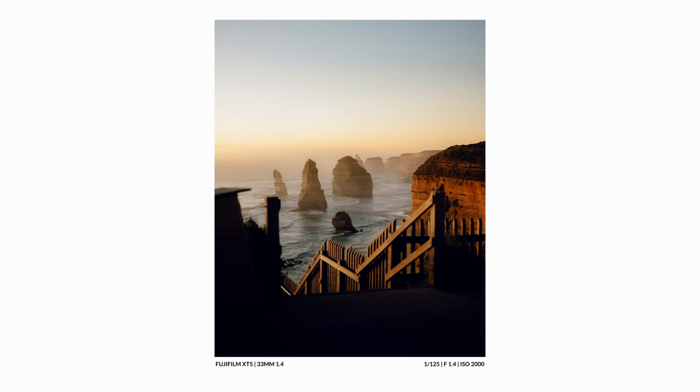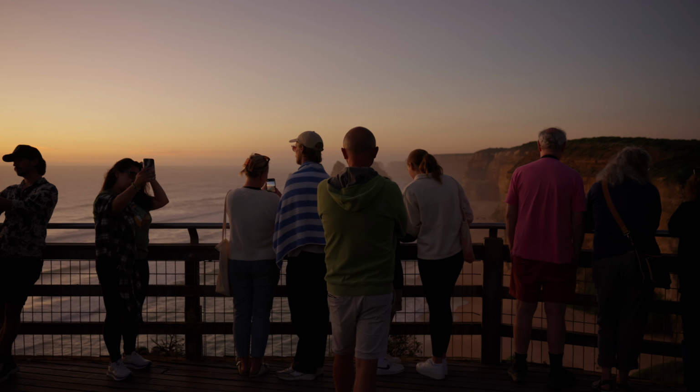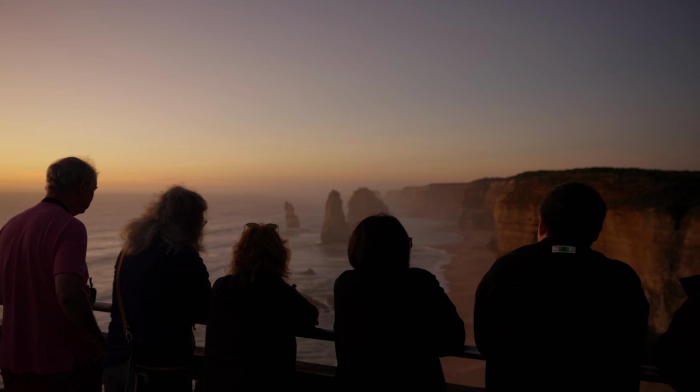What you can't see in this photo is the probably 200 tourists that were there watching the sunset that day. But well after the sun went down, I managed to take this photo with no people in it. I saw this fence that was getting illuminated by the sun, and it kind of created this frame around the sandstone pillars. And the reason that I really do like it is because it's just different to every other photo